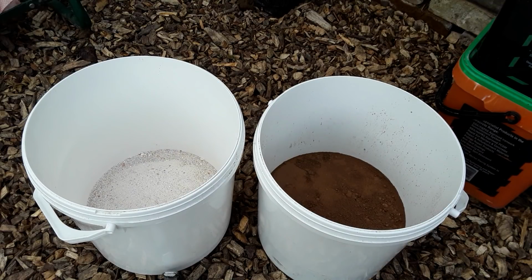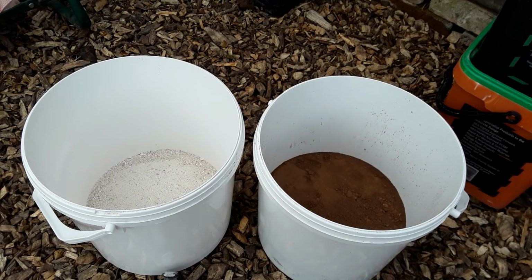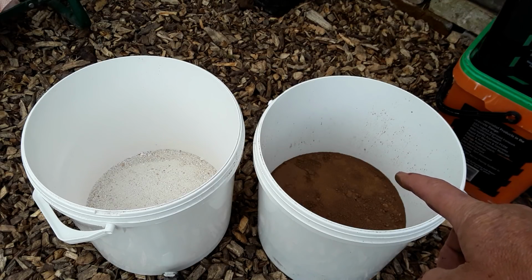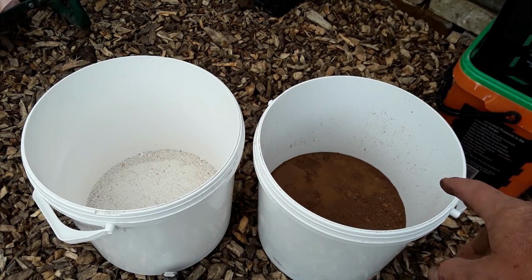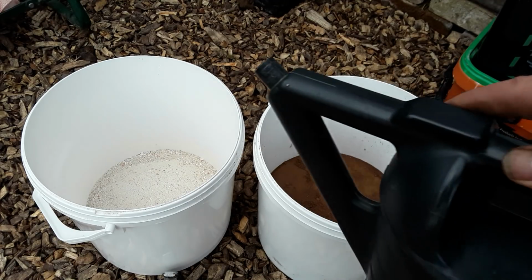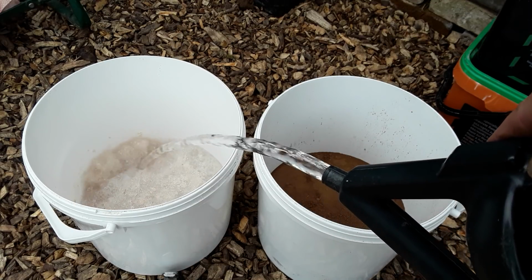Now, blossom end rot on tomatoes, I've tried eggshells before and banana skins and the liquid food. My magic mix contains banana, but I wanted to try some eggshells, but I'm actually going to steep them in water. Coffee grounds, tomato food experiment worked well with coffee grounds, but they tasted of sick, so you've got to use it very carefully. But I'm going to actually make this brew up and then we'll have a look at it next week. Not sure if the eggshells will actually get into the water,